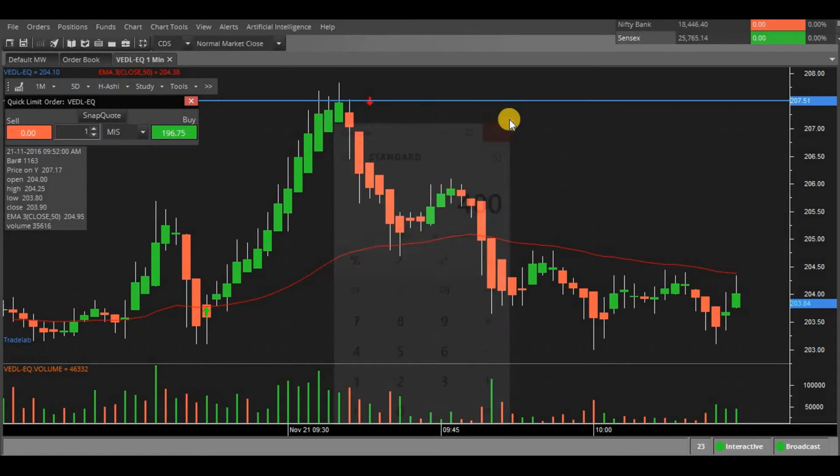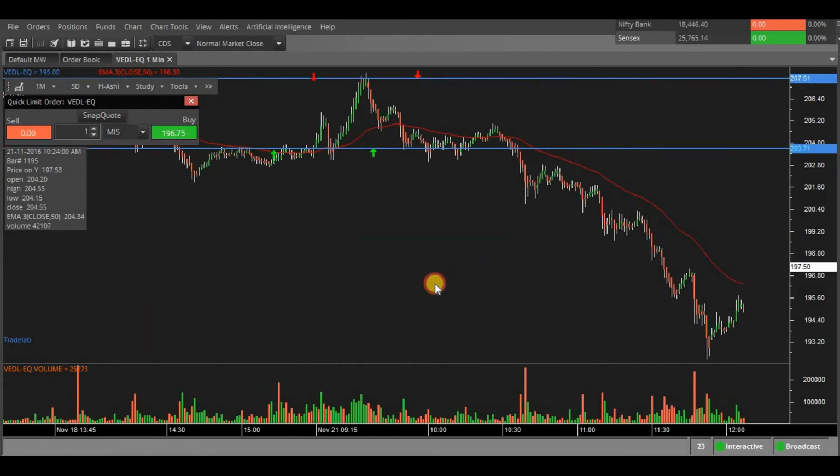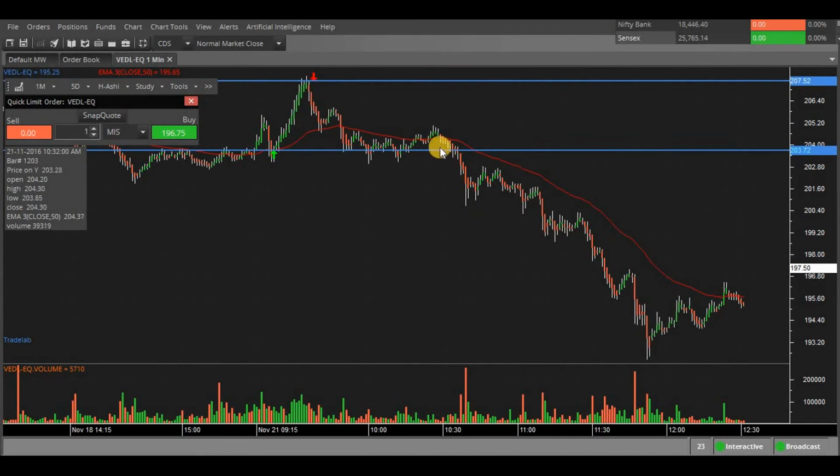Now we see here, there was also a signal as it went down here, but it still went up here. But from a supply and demand point of view, there were more sellers today than buyers. As there were many sellers, the price will obviously come down, because as the demand increases the price will increase, and if the supply increases the price will decrease.